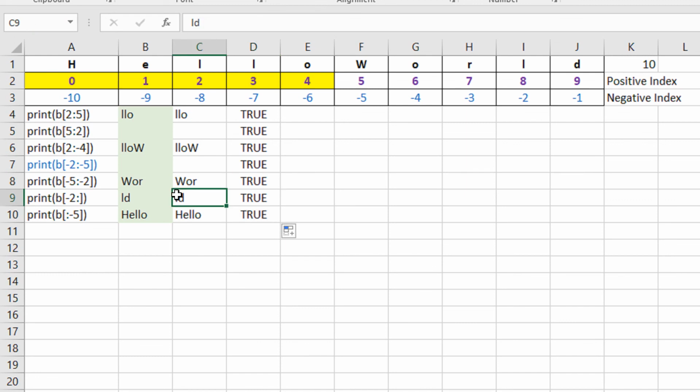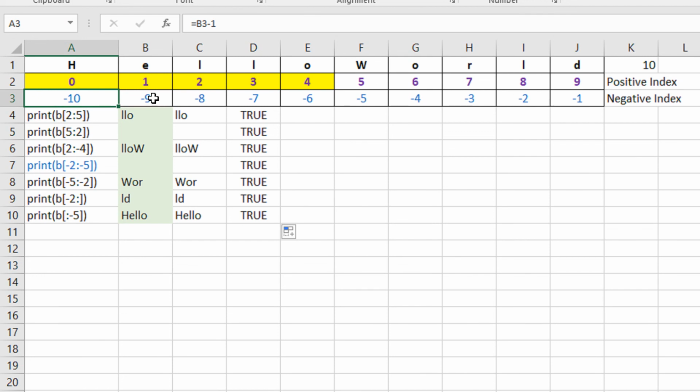So you get the idea how string slicing works, right? So when there is no index specified, you can take it up to 0, -2 to 0, or 0 to -5. So 0 to -5 is the same as 0 to +5, but not including 5. If you take the absolute value of both, you will see that the sum is always 10. 0 and absolute value of -10 is 10. 1 plus 9, 10. 2 plus 8 is 10. So this is how the negative indexing works in Python.